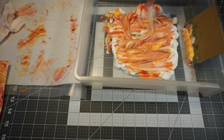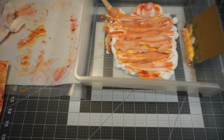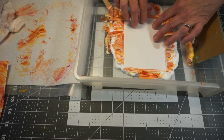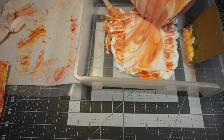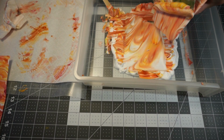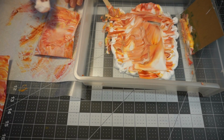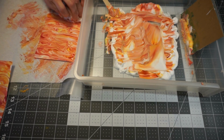Okay, so again, I'm just kind of swirling my shaving cream again. And also, the more you pull, the more your colors are going to get mixed together. So again, I'm going to place another piece of paper in here. And I'm going to pull from this opposite corner this time. Alright, I'm just going to take it off to the side again. And I know you probably can't see off to the side here too much, but...